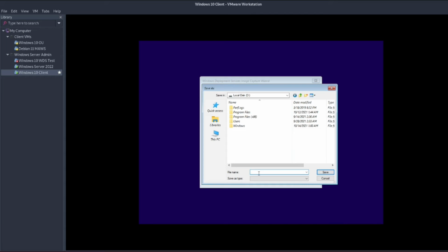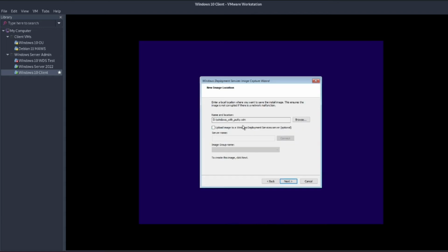file called Windows_with_putty and hit save. Alright, and it'll automatically put the .wim extension on it because it's an install.wim file that we're creating here. So next what we want to do is we want to tick the box to upload the image